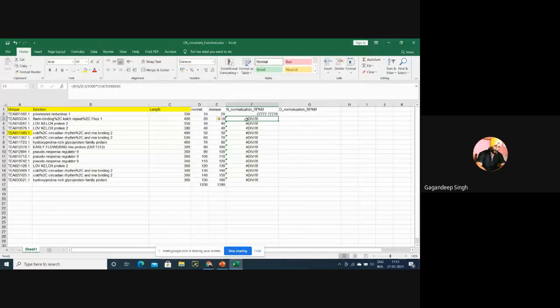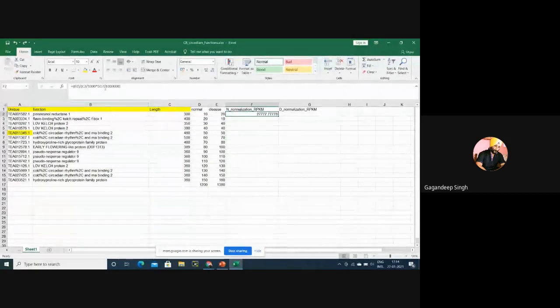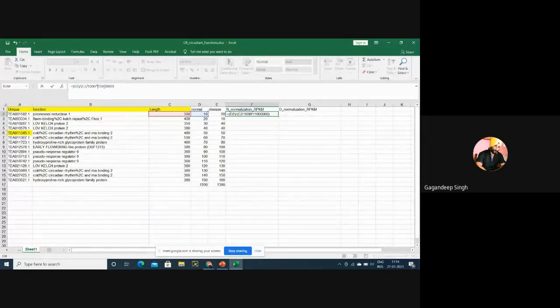D18. Okay. Present. Here I have to type one thing, D17. This is actually 1200. I have to type 1200. Total number of reads upon this. Total number of reads are 1200 actually.